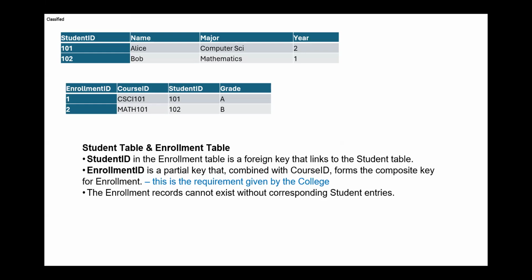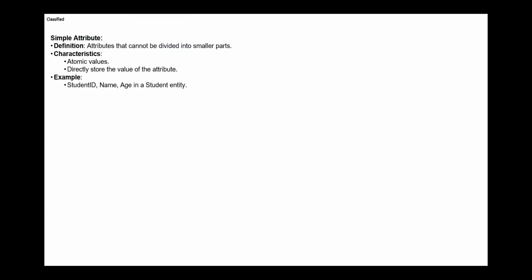Now you might say, why? I don't want to do it like this. See here, the requirement is given by the college, because who is the customer finally? What is the business owner? It's the college. So that's why ER diagrams and tech systems are made, to ensure that the processes and policies of the company are well represented in technology.